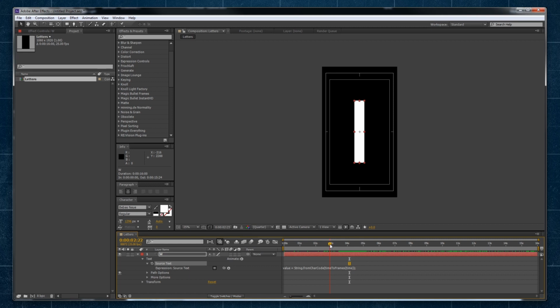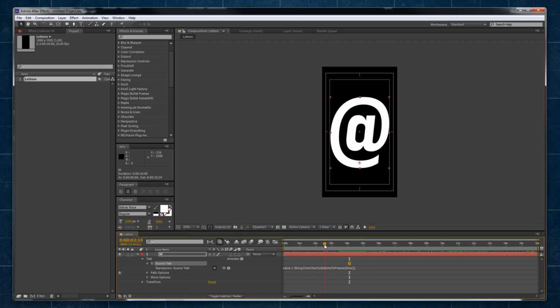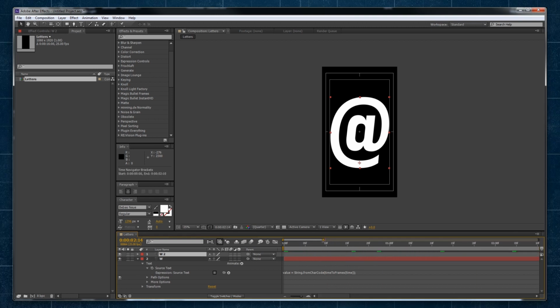Now, scrubbing through, we want to make sure that all the characters fit nicely into our composition, and if we find ones that are falling out of the bounds, such as the @ symbol, we can split this layer in order to scale that down. So here I have the @ symbol. I'm going to select that layer in the timeline window, hold Control Shift and press D to both split and